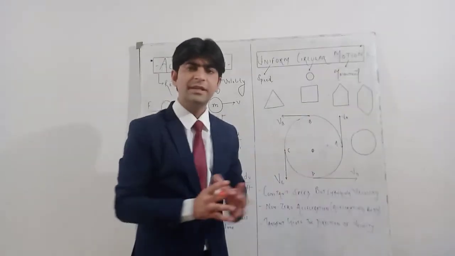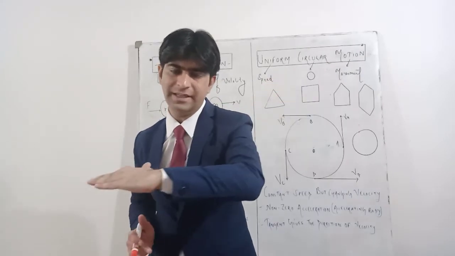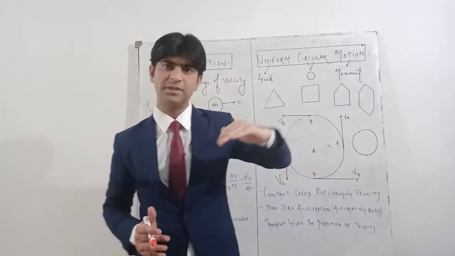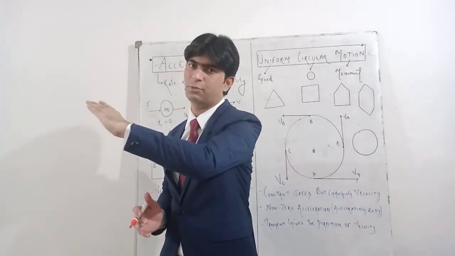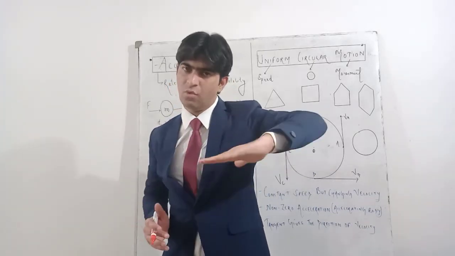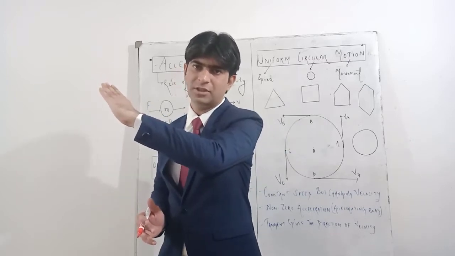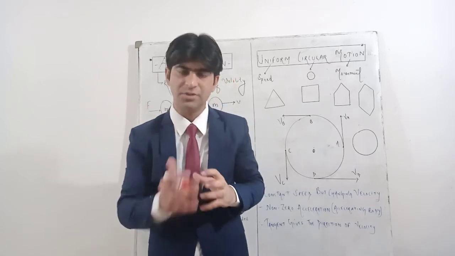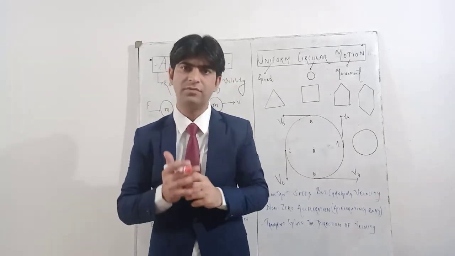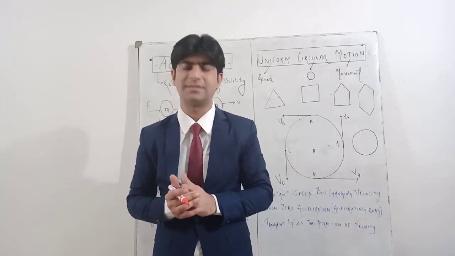So we have seen in this observation, when the ball is coming down the inclination, the velocity is increasing, and when the ball is rising up in the inclination, at a certain point the ball stops. That means when the ball is climbing up in the slope, the velocity will decrease with time. So the change in velocity, the rate of change of velocity or the change in velocity with time is called acceleration.